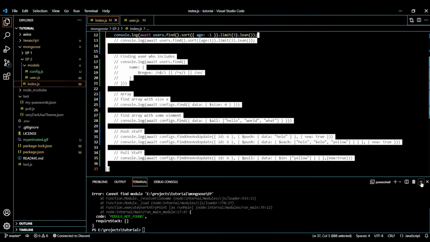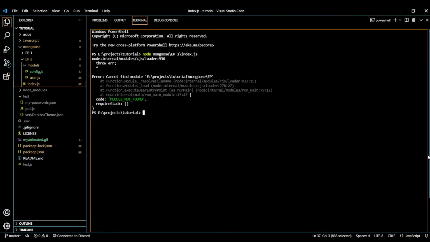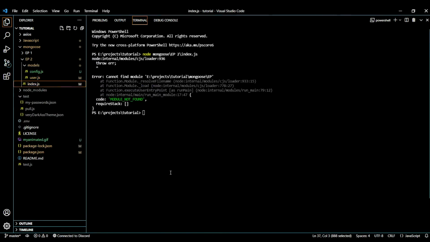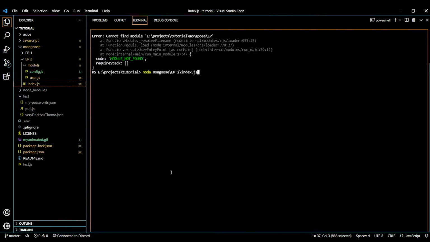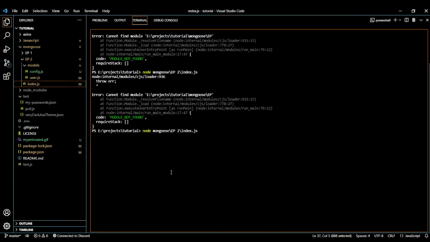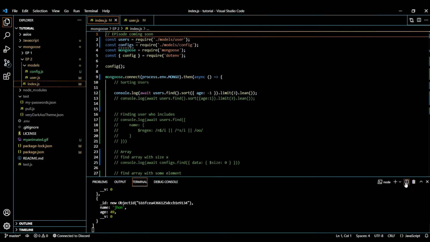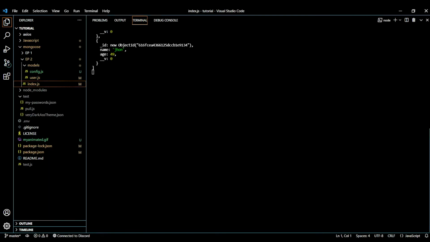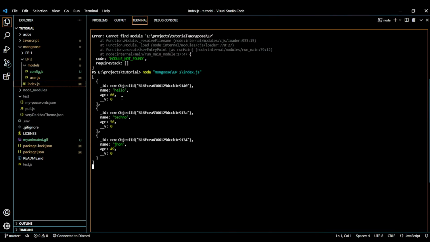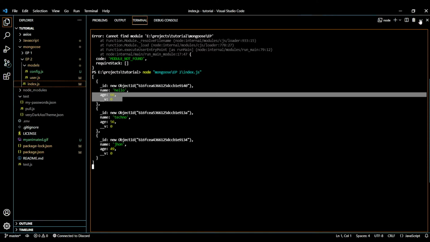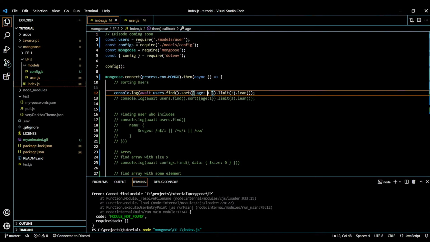All right, it did return a real cool looking error, I will say. Cannot find module. Okay, let me copy the relative path, node and this. There is a space in ep2, so we need to put all of that inside a string. My bad, but let's see what will happen now, and I hope it works. All right, it did return us some data, and guess what, it is in descending order, and we can do the same thing for ascending order.